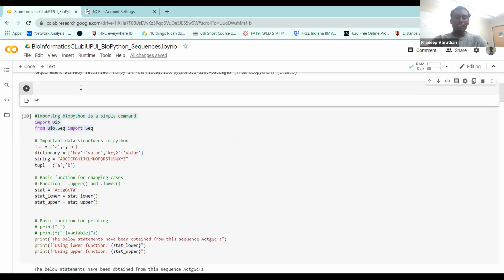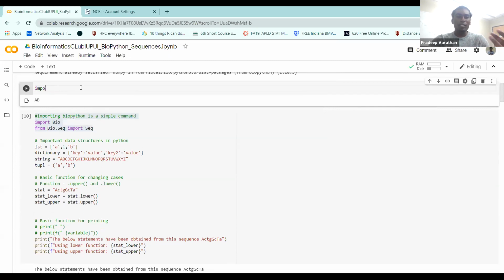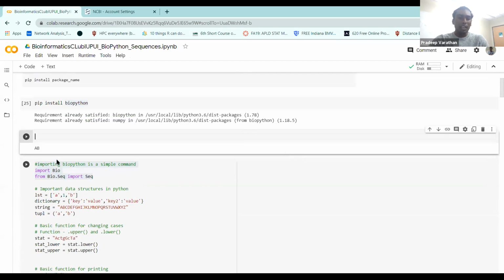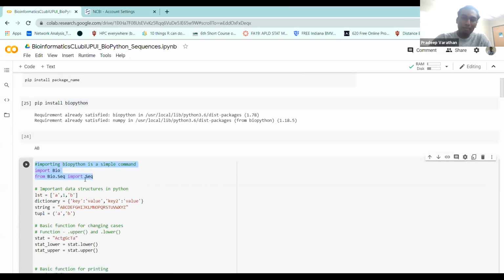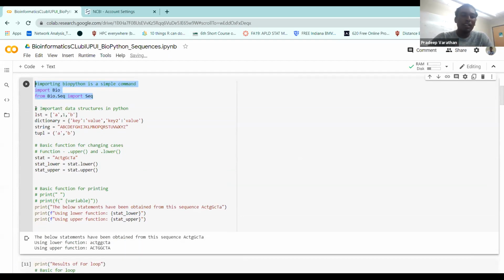If you're going to import another package called numpy or pandas, you just say import numpy or import pandas. So the importing part is a pretty basic and standard Python function. That is how you import the Seq package in BioPython. I'm going to talk about the most common data structures that we'll be using right now. So one is going to be